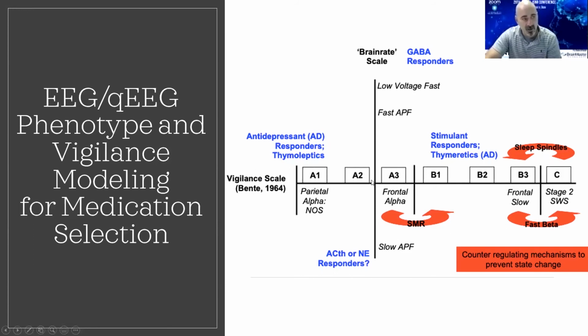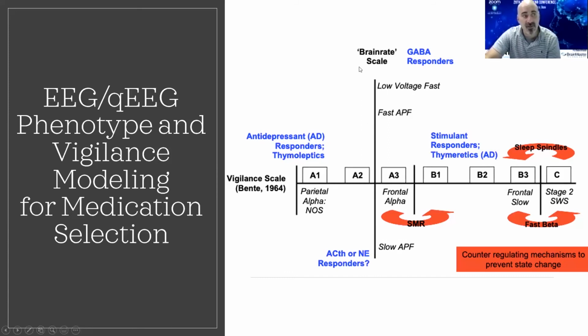And as we cruise along here, there's this vertical line down here with a slow alpha peak frequency. These folks are going to respond to acetylcholine or norepinephrine, generally like an Adderall type responder. And some of these folks really are incredibly hyperactive. It's really counterintuitive that you would see somebody bouncing like a cat on a hot tin roof, and then look at it and see that their alpha peak frequency is barely above 8 hertz. But when they're given appropriate medication, this will bring them back towards this line where they can in fact progress fluidly or with physiological regulation in both directions.